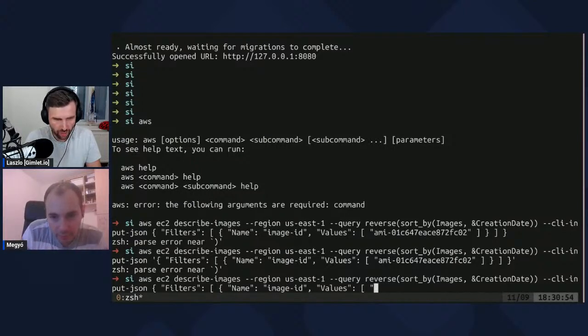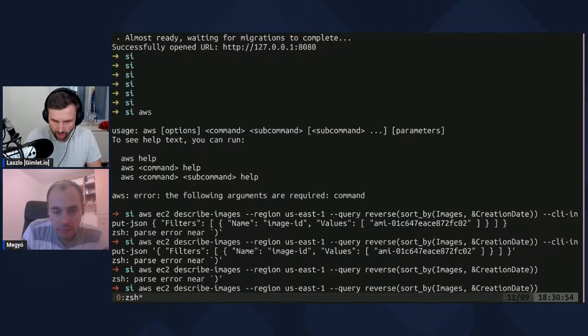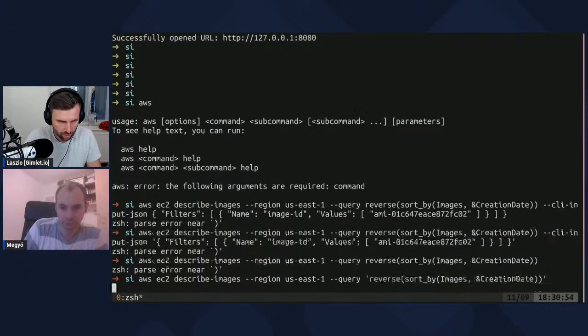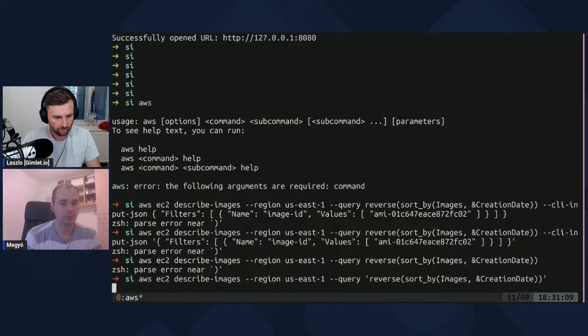Okay. Maybe I delete this input first. This is the query, so I should put these into quotes. Yeah. And this will probably time out or have an access problem. Yeah, maybe if you use the same AWS key, then.